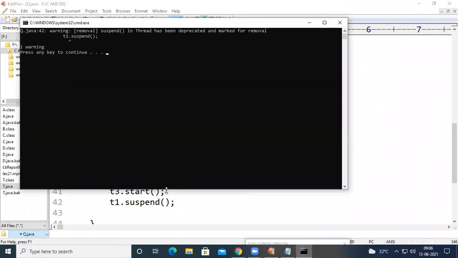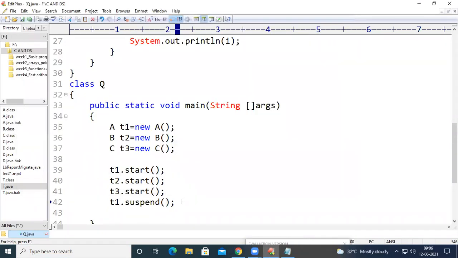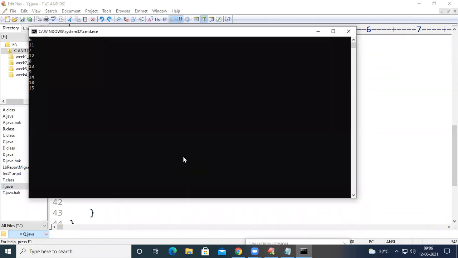Okay, leave it. So here, let us use the thread suspend method. Now let us see what will happen if we run the code.